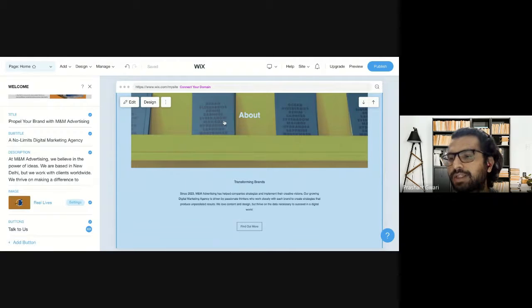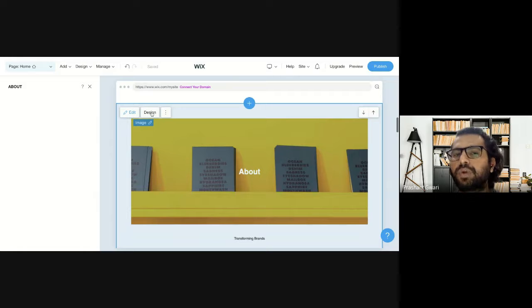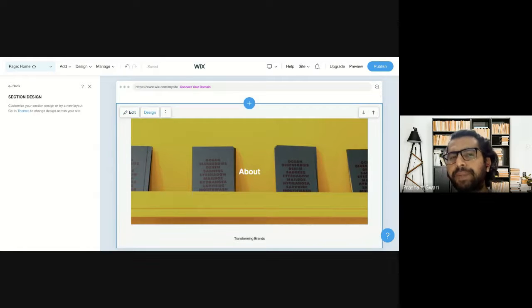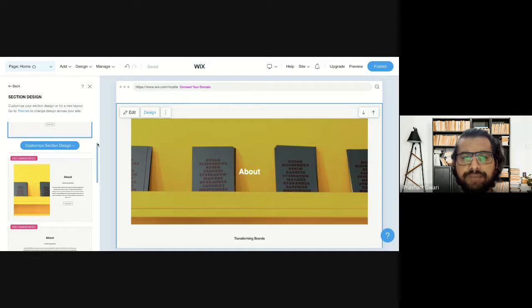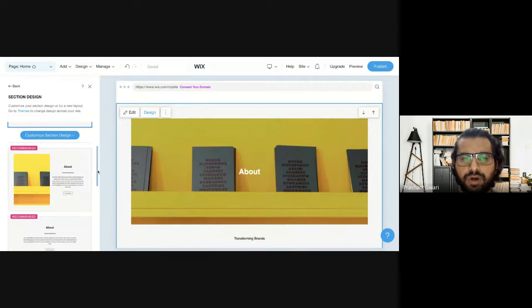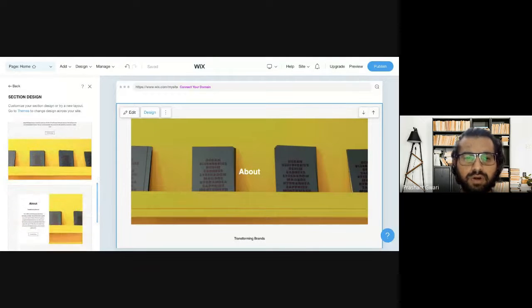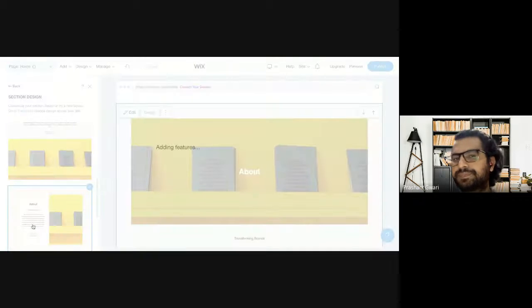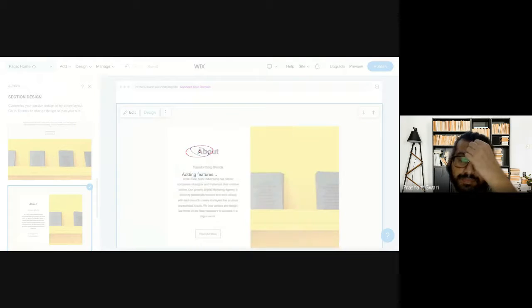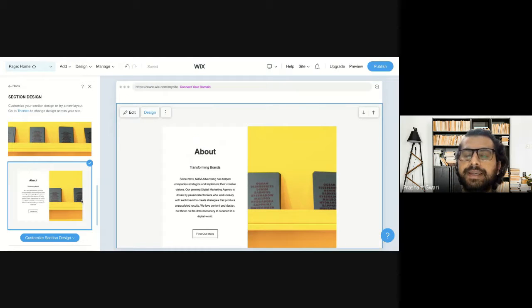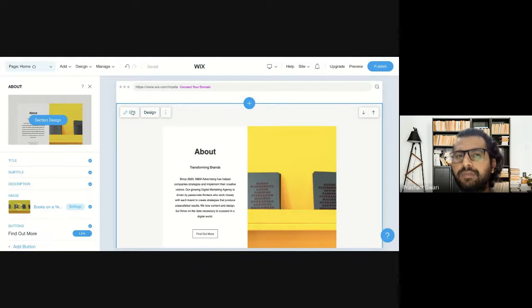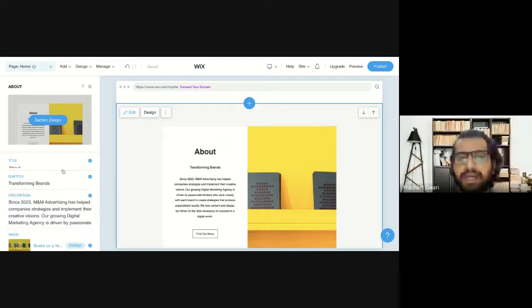On this About Us section, we will do the same thing. First, we will go to the design part and pick the right design for our About Us section. So this is the one section we are using right now, and we have other sections like this one, or maybe this one, or this one. Let's say I want to go with this one. I will choose this one, and after that, when this one is updated, I will edit or customize the section from this part. And from this part, I will do the same thing.